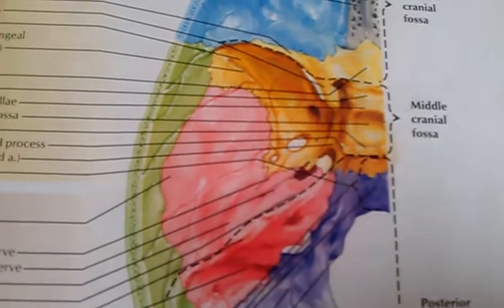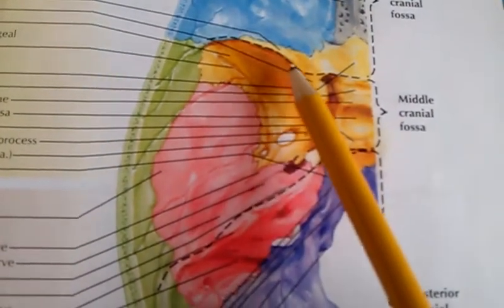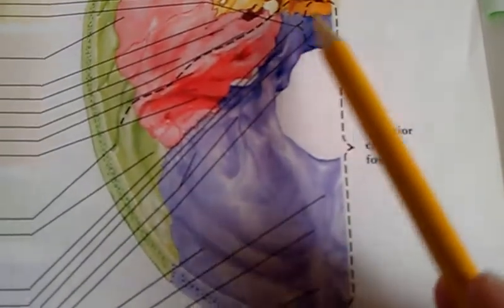And other important details of middle cranial fossa is the superior orbital fissure. The borders of the superior orbital fissure are the lesser wings and greater wings. Now the posterior cranial fossa